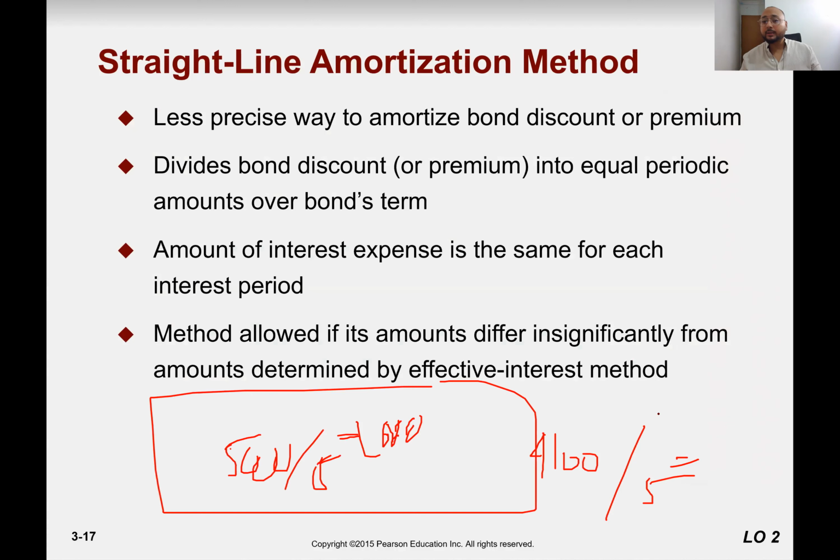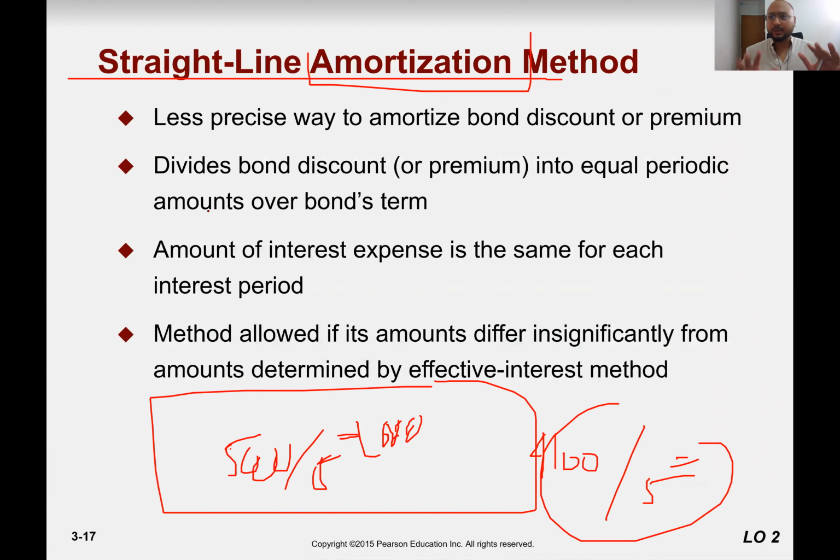So both methods are acceptable, but if you are using straight line method, you need to mention, you need to be more expressive that okay, you are using straight line method for amortization, rather going to the interest payment and interest expense, how we calculate the expense amortization table. You need to add the